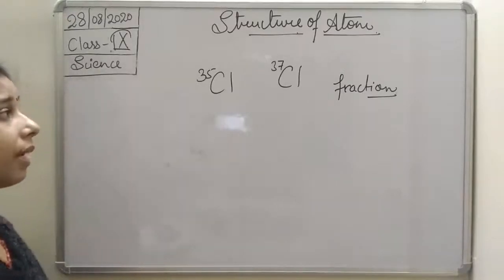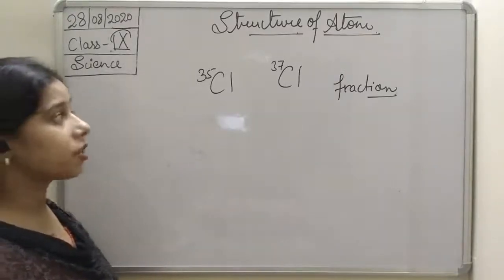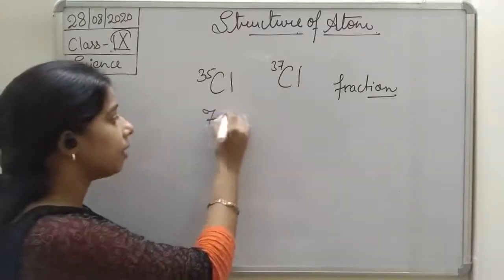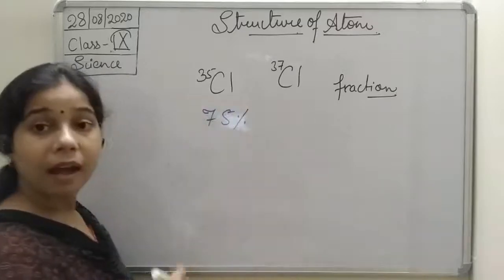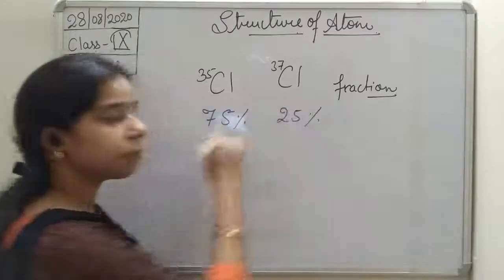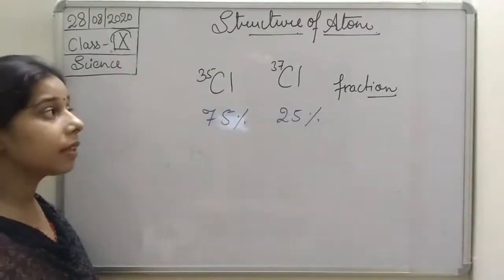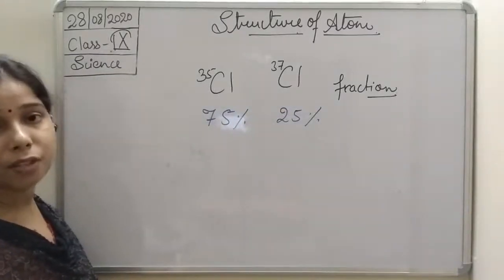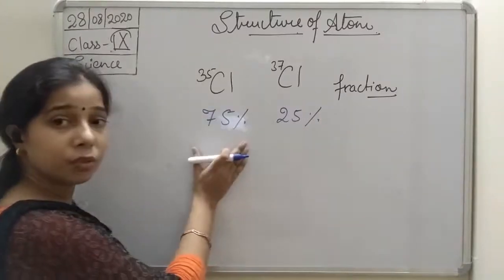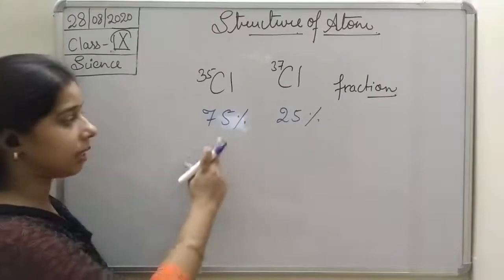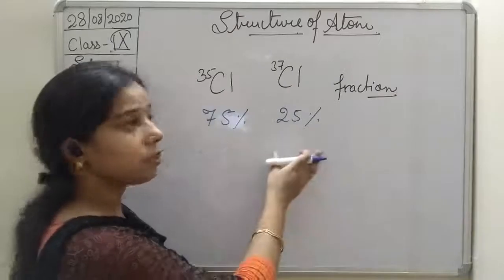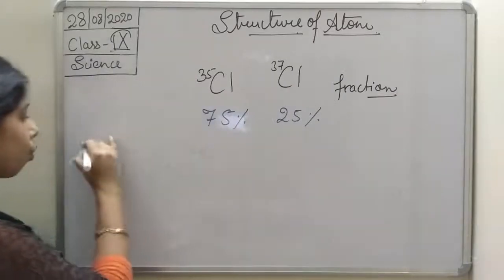Let me explain with the help of an example. Suppose the question is that chlorine 35 exists in nature at 75%, and chlorine 37 is present in nature at 25%. In that case, students, what will be the average atomic mass? So how will you find it? The percentage of chlorine 35 in nature is 75%, and the percentage of chlorine 37 in nature is 25%. So